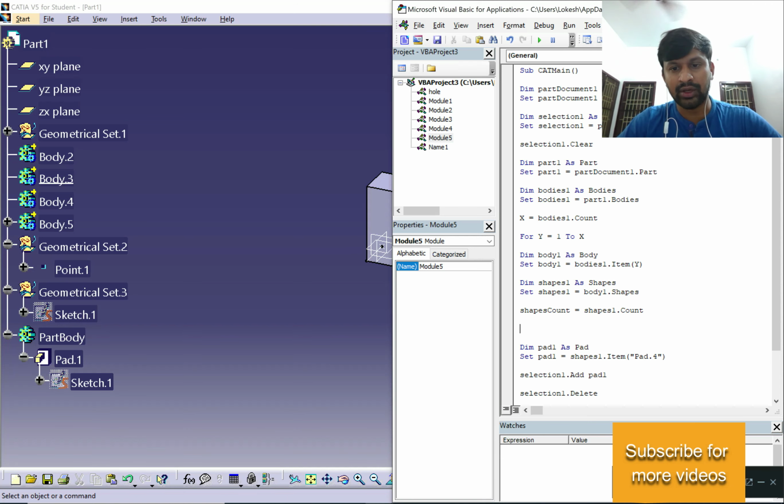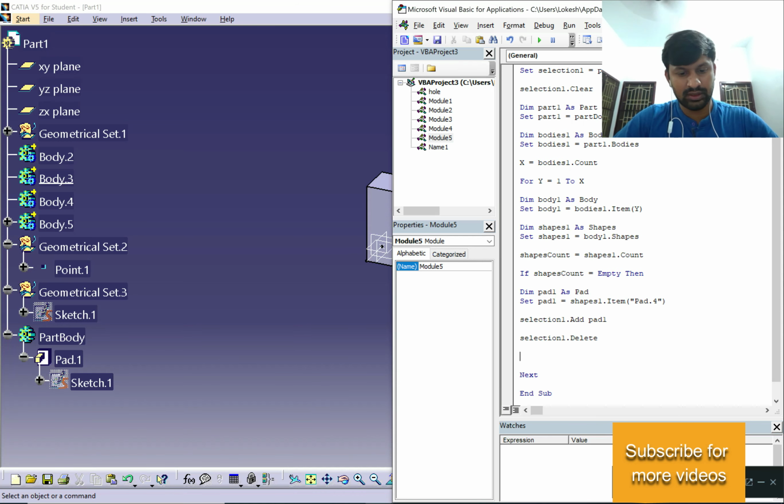Then can you guys tell me what is the code? Yes, it's an If condition now. If shapes count equal to empty, then okay, when I give End If, whenever I start with an If condition, I immediately close the If condition with the statement End If.